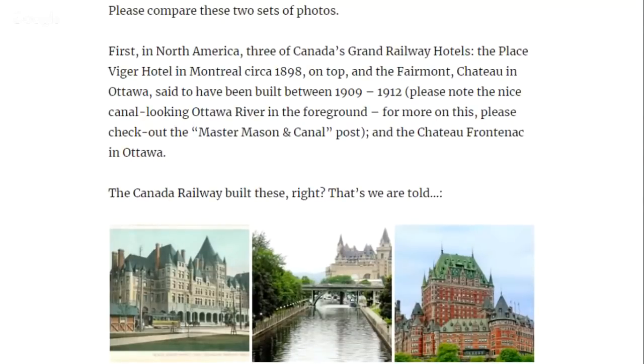First in North America, Canada's Grand Railway Hotel, the Plaza Vigor Hotel of Montreal, 1890, and on top the Fairmont, and also you have